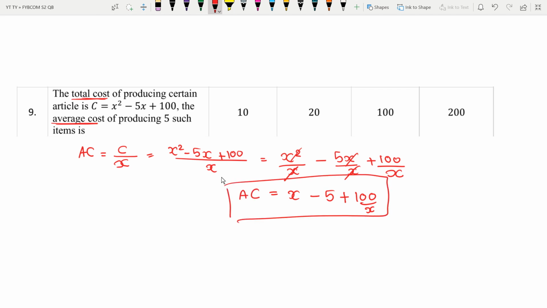Okay, after this, what I do is I need to find out the average cost of production of 5 items. That means I need to find out the average cost